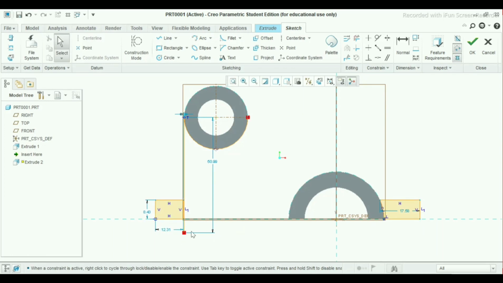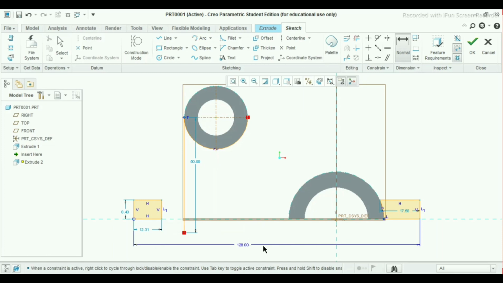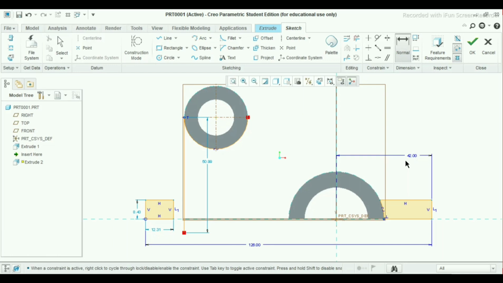Or simply delete this. Now again go to normal. Select this line and this. Make it 126. OK. And select this reference line to this. Make it 42 mm. Delete this.